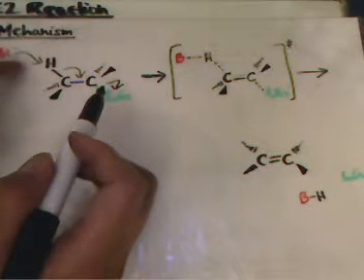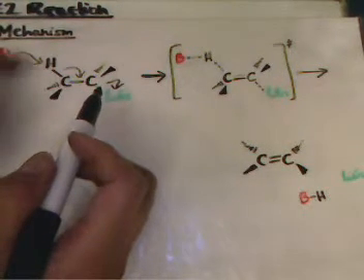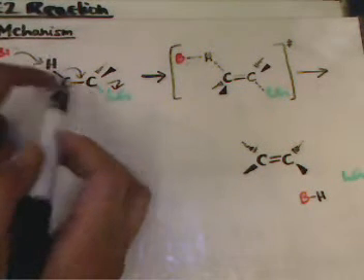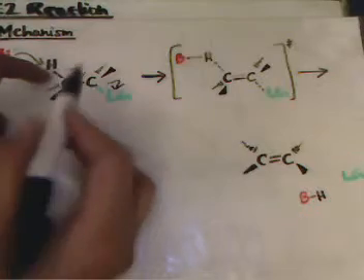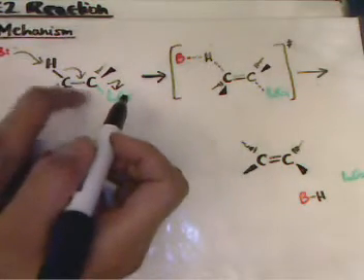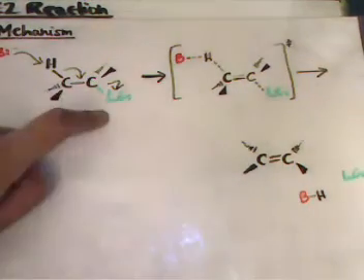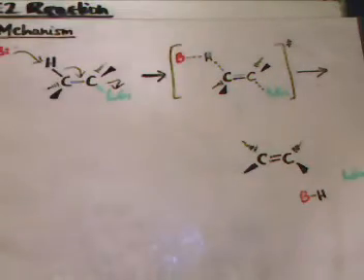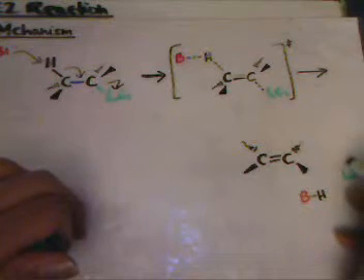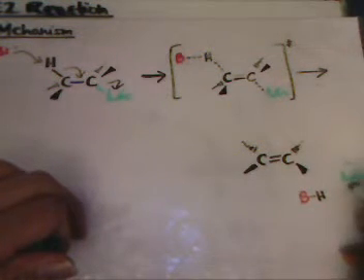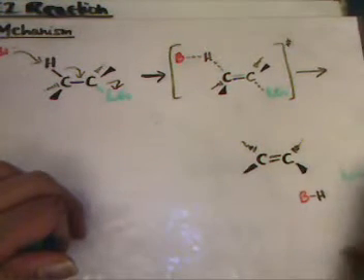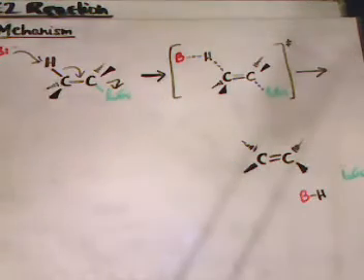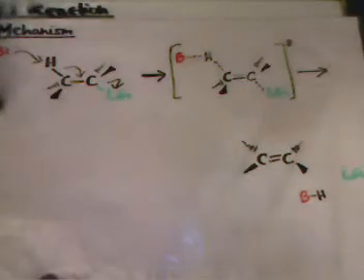All these three electron movements, the base donating the lone pair to the hydrogen and removing the hydrogen, the CH electrons moving between the two carbons, and the leaving group leaving, happen all simultaneously. As a result, there is a certain geometry that's required for this reaction to happen. The E2 is stereospecific in that